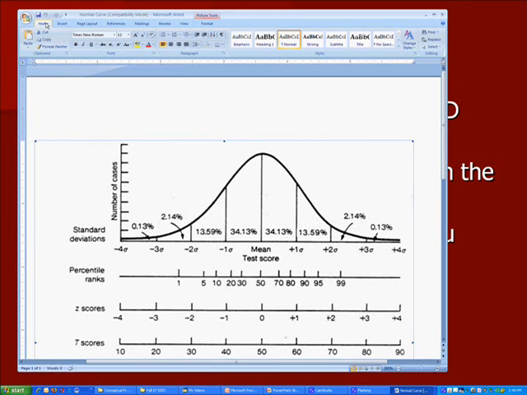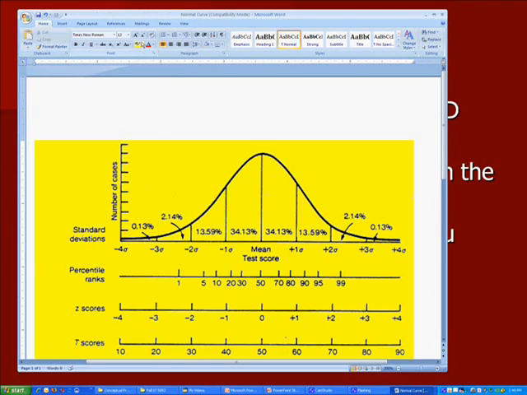Now, the other thing I want you to look at on this is these percentages. 50% of the people have IQ scores from 100 down to 0, and 50% of them are above the mean. One standard deviation above the mean means there is 34% of the people above the mean of 100 who have a score between 100 and 115. 34% of them have scores that are one standard deviation below the mean.